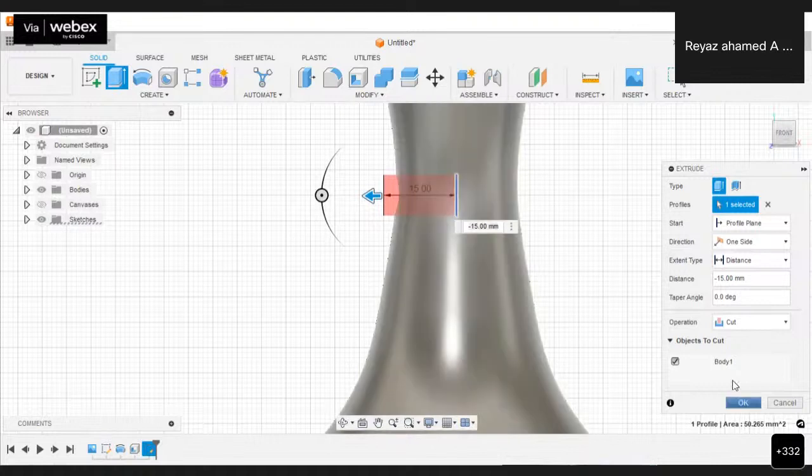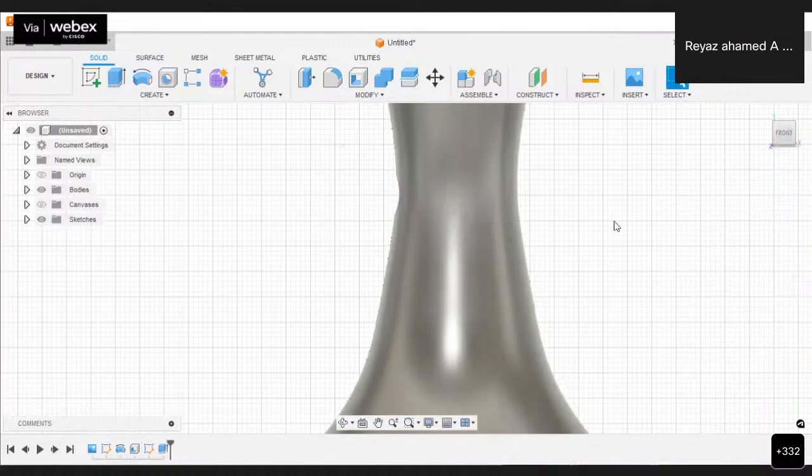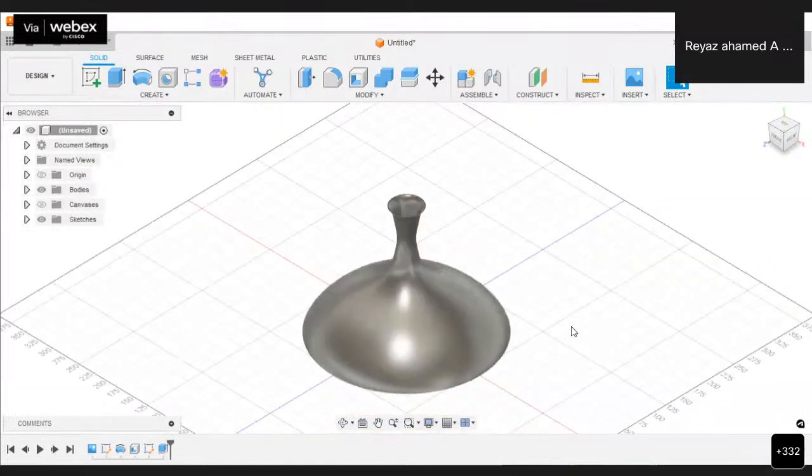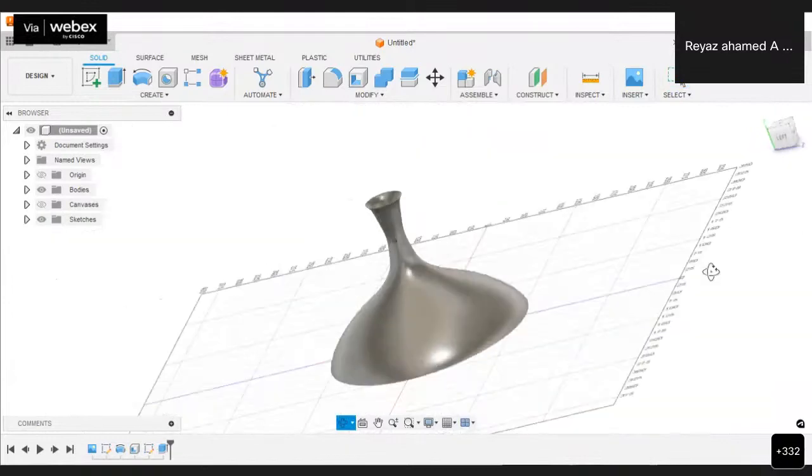If there are n number of objects, you may select the object on which the material has to be removed. Click on OK. So now this is fine. In this way, I can create the lampshade top portion alone.